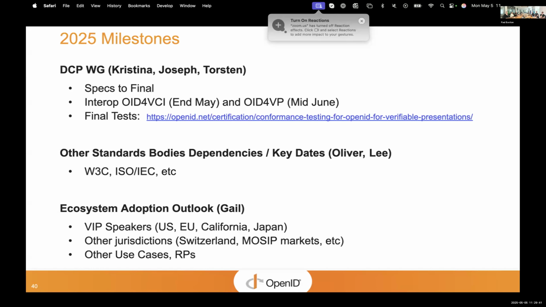I'll now try to see if maybe David Zinton or Joseph, if you have any other comments to add on the other standards bodies' work. Yeah, I think we greatly appreciate W3C and ISO and all the other groups that have been working with us constructively, and we've been providing input on their specs, they're providing input on our specs. I think it's a great example of collaboration.